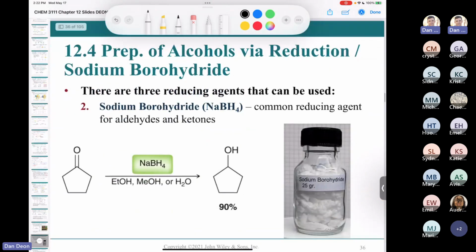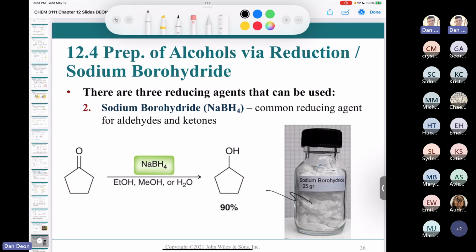All right, the next possibility is to use sodium borohydride. And this is actually a reagent we let students use in the undergraduate lab. Usually in organic 2, I get my students to do one reduction where they take sodium borohydride and they dump it in a flask. So it's actually pretty safe to use. And you can see it's just a plain old white solid here. There's nothing really special about it. This is just your bottle of